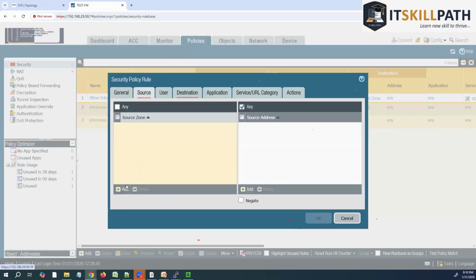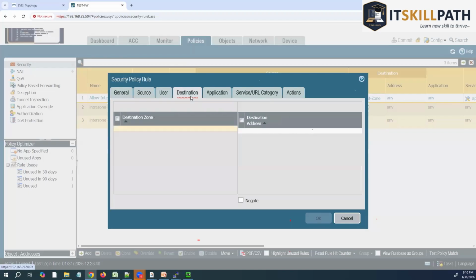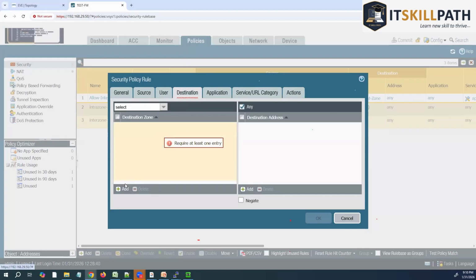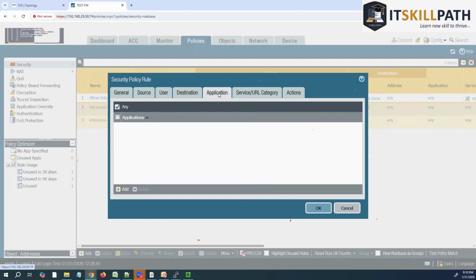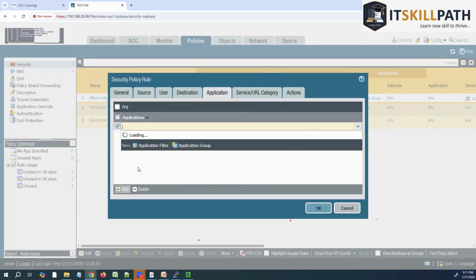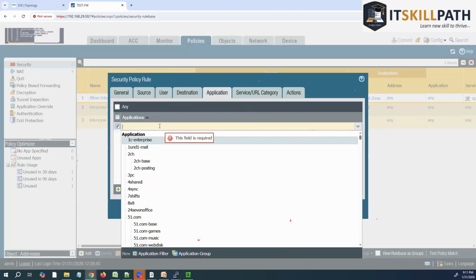I'll come to the source zone. Again, source is from the trust zone. If you want to specify the source address, you can give that. In production, we always give the source IP, but I'll cover it later. Destination, I'll give the trust zone. In application, Palo Alto Firewall is a next generation firewall. It not only understands the traffic, it understands the application as well. So it has a list of applications. So let's suppose I'll do Facebook